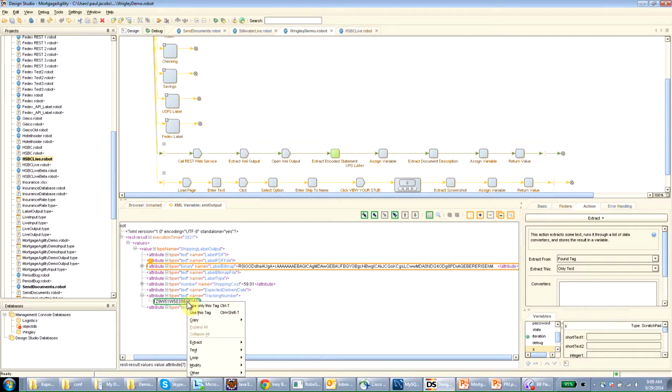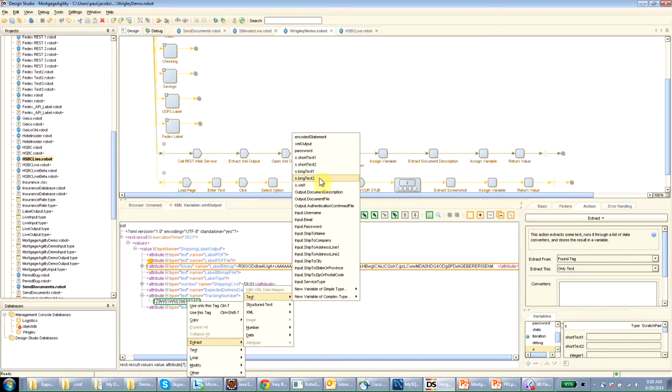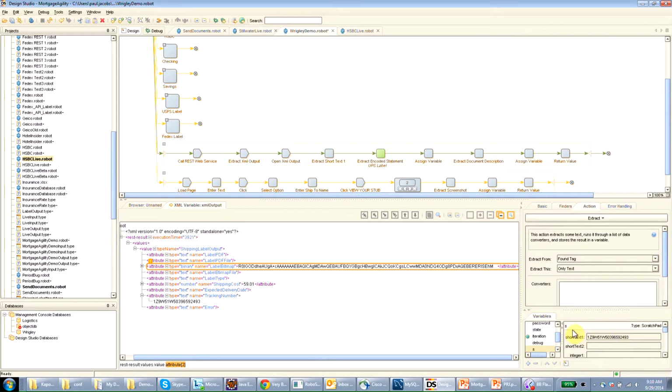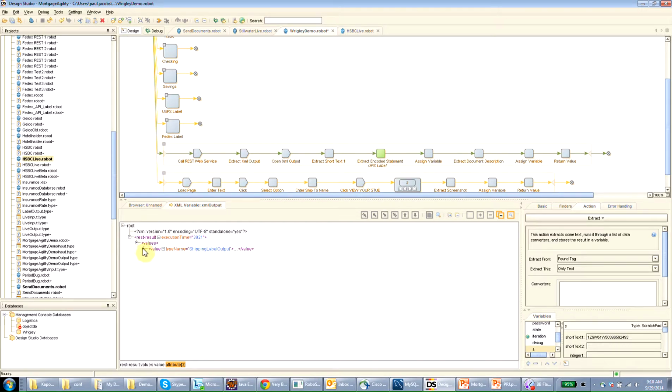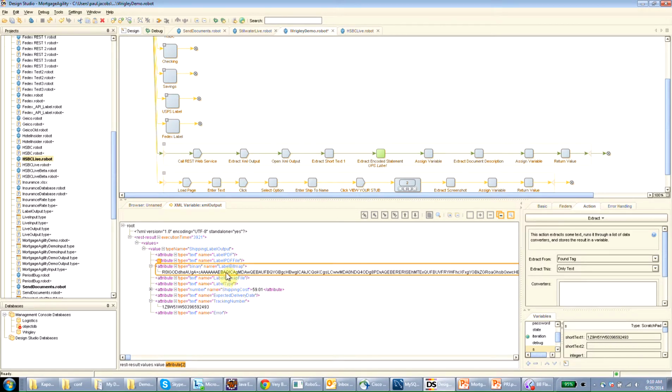All I do is click on it and tell the machine I want to extract it as text, and I'll throw it out to a temporary variable here. And you'll see what it does. There it ended up. It extracted the tracking number that simply. So what you're looking at here is a way to work with web services, in this case a REST web service, and it's a way that's very, very simple. It's very visual, like you can see here. You can explode in and out of all of the XML values. So we have a full XML integration mechanism, a full XML IDE here